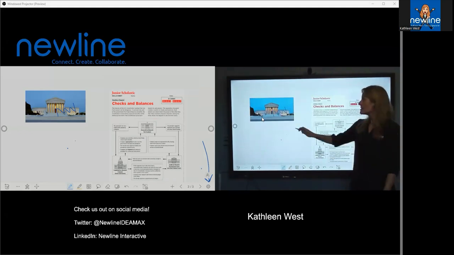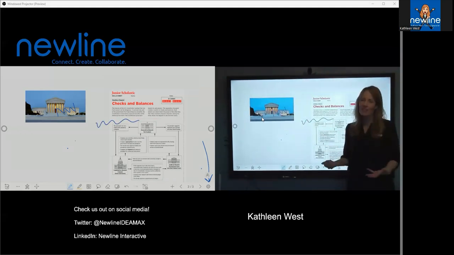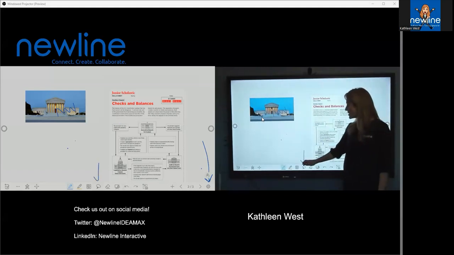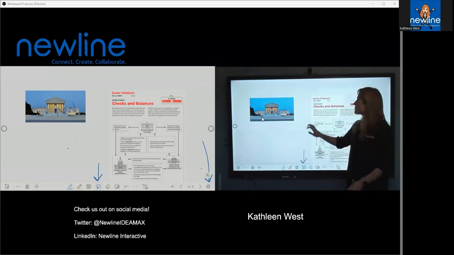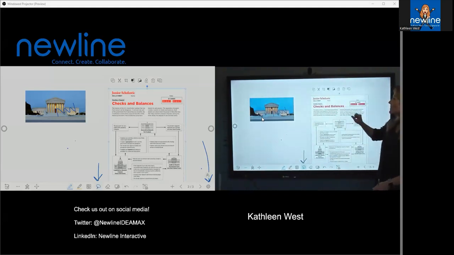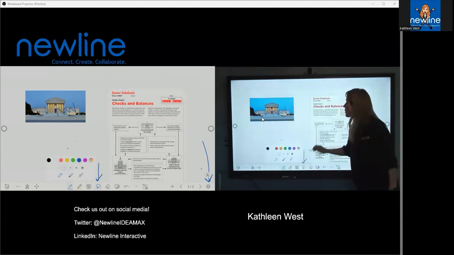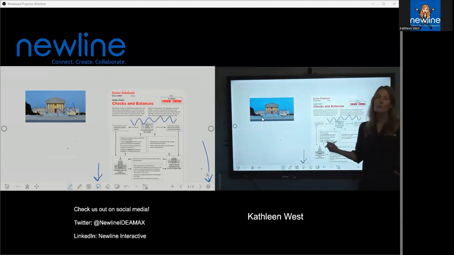Option number one, start off in the border and then continue to write on top of it. That's option one, obviously not ideal. Your other option is to use your lasso tool. With your lasso tool, you can tap on an object and lock it into place. When you lock that object into place, you can now write on top of the object